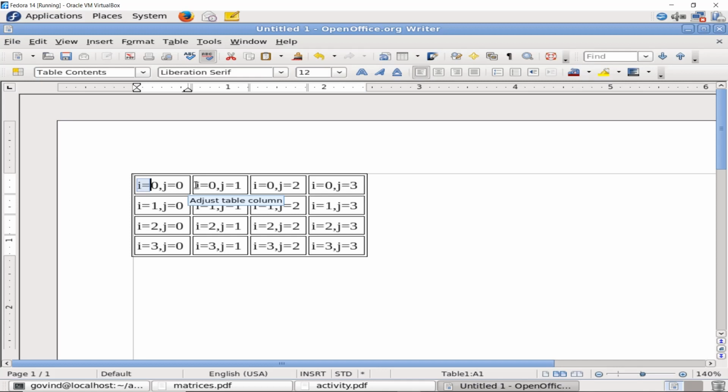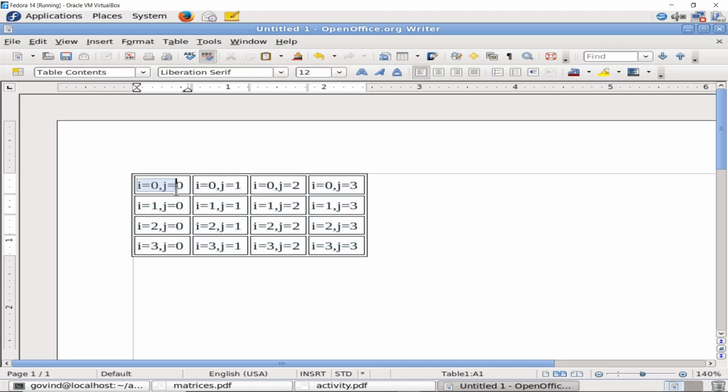Provided that I have an element here, the transposed matrix will contain the element whose row and column indices are exchanged. These values that you are seeing here are the index values. You might ask why I have started the values from 0. The reason is because I want to visualize this matrix as a two-dimensional array, and array indexing always starts from 0.